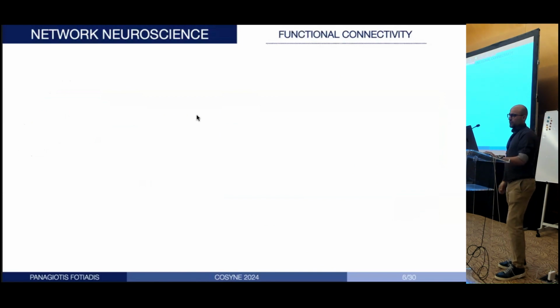On the other side of the spectrum, a more indirect way that people have been looking into to define connectivity at those brain regions is functional connectivity. And this is a lot more indirect. This doesn't look at something anatomical, but rather looks at functional co-activation patterns across brain regions.